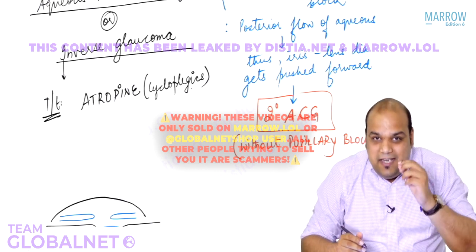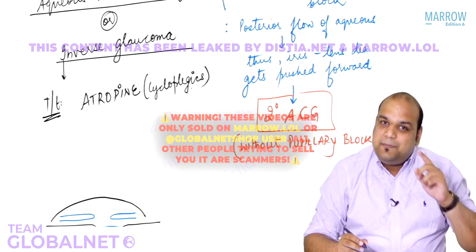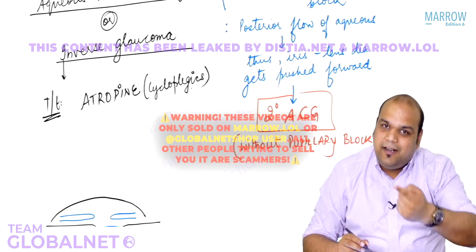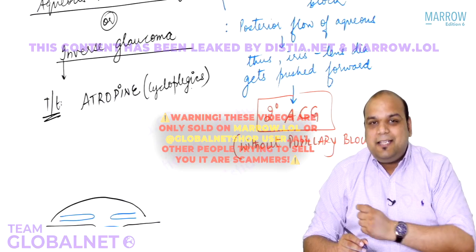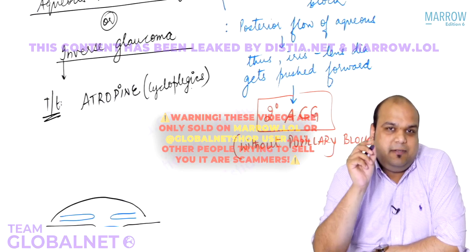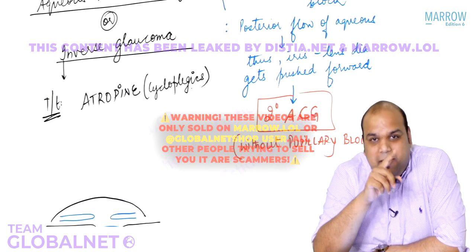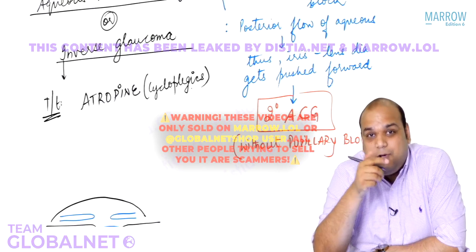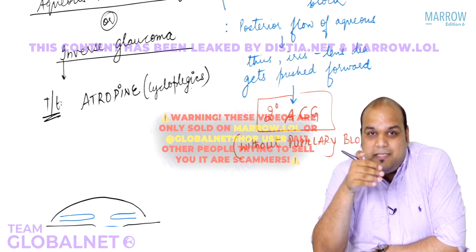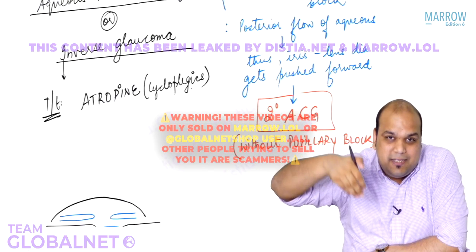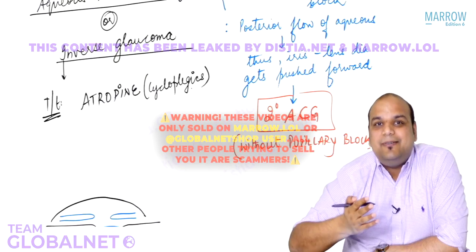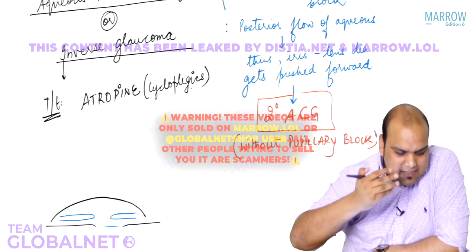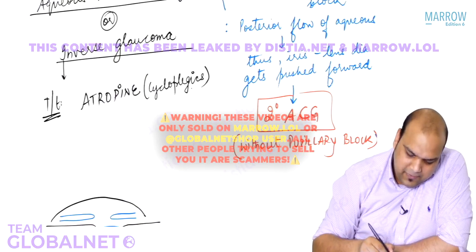The drug which needed to be given in angle closure glaucoma is pilocarpine, but we are giving the opposite drug, everybody, atropine. And that is why this gets the name inverse glaucoma. I hope you understand. Malignant glaucoma because of the cause, ciliary block because of the pathogenesis, aqueous misdirection because now the aqueous is getting secreted posteriorly also, and inverse because the treatment is opposite. Okay, so